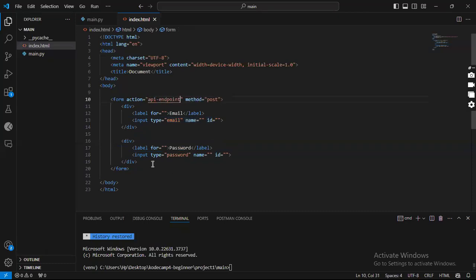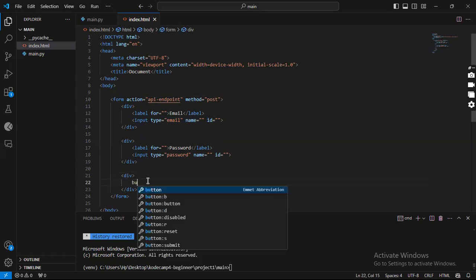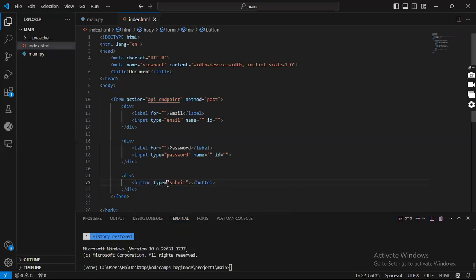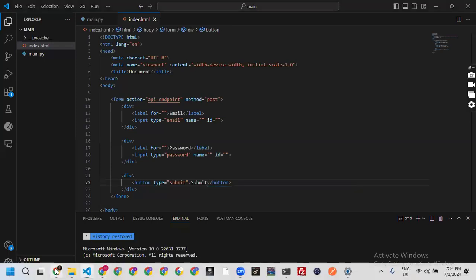And then after that we will have another div, and then a button called a submit button. So what would this submit button do? It will encode all the fields here and send it to the specified URL. So I'll put in a button here, and this will be a submit button, and I'll just say submit. So this is more like a skeleton